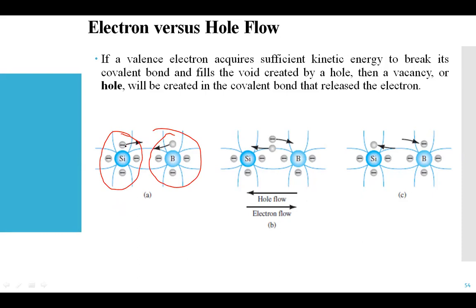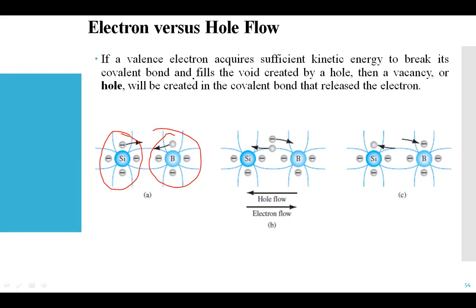So as the electrons move over here, the holes move over there. In the second step, the holes move in this direction, from right to left, but the electrons move and take their position from left to right. This process is continuous. This is one structure given of one covalent bond and the valence band, but this process continues when you have the full structure of the silicon and boron.